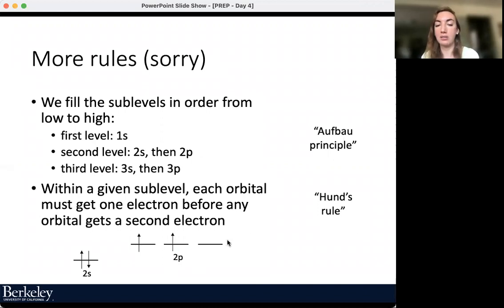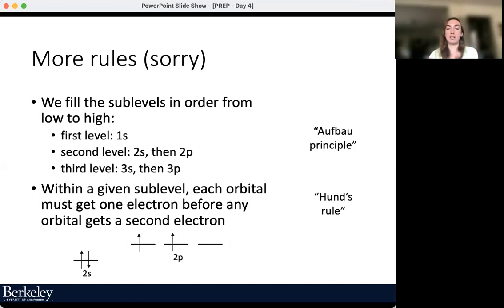Does anybody have any questions on why I put this second electron here instead of in the first orbital? Okay, not anymore is a great answer. If anybody is still confused, please say something. I'll do a bunch more examples though. So now if I have another